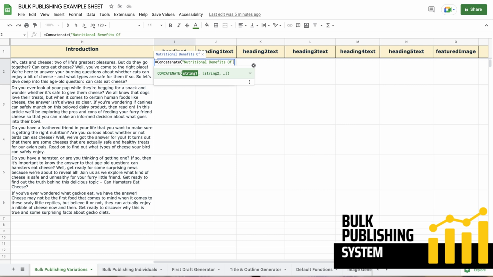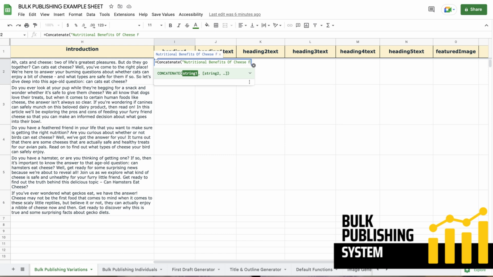If we were doing tons of these, we might have cheese, eggs, and so on, and then we'd want to have them in their own column, so we could use concatenate and do 100 articles. So we're not going to do 100 animals eating cheese. We'd probably do cheese and different animals and different food groups. But for this case, we're going to go the nutritional benefits of